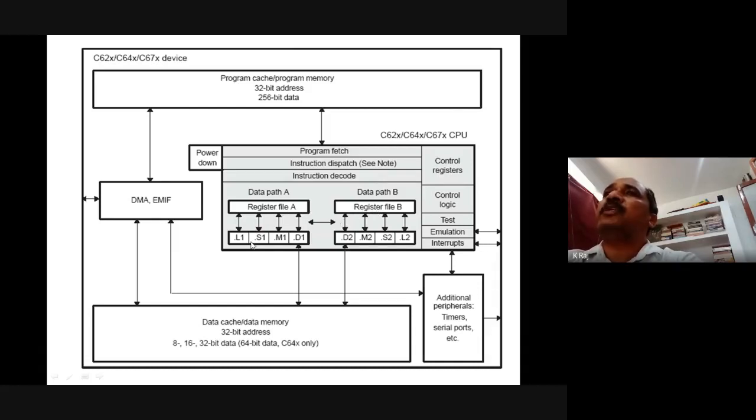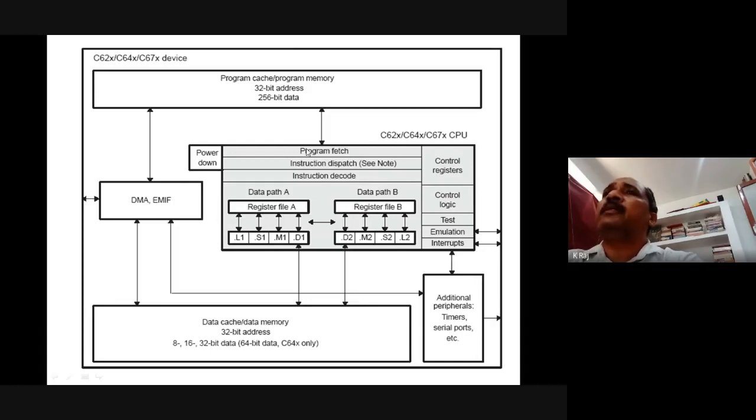4 functional units in the register file A, that is, the data path A: L1, S1, M1, and D1. Similarly, 4 functional units in the data path B having the register file B: D2, M2, S2, and L2 here. And for controlling purposes, there are control register, control logic, test, emulation, and interrupts, and for power purposes, a power down section is there. And there are 2 levels of memory, the level 1 and the level 2 memory